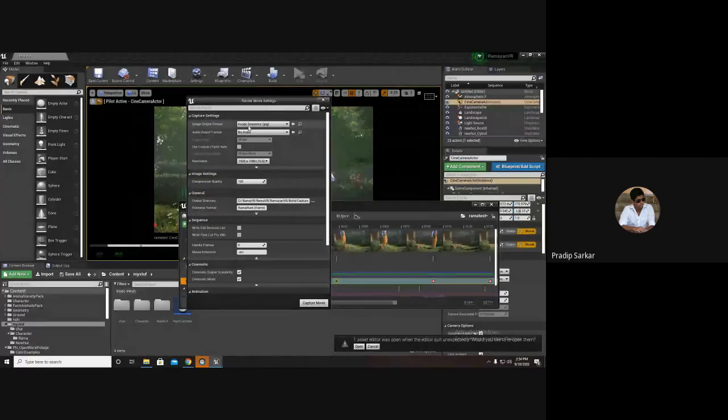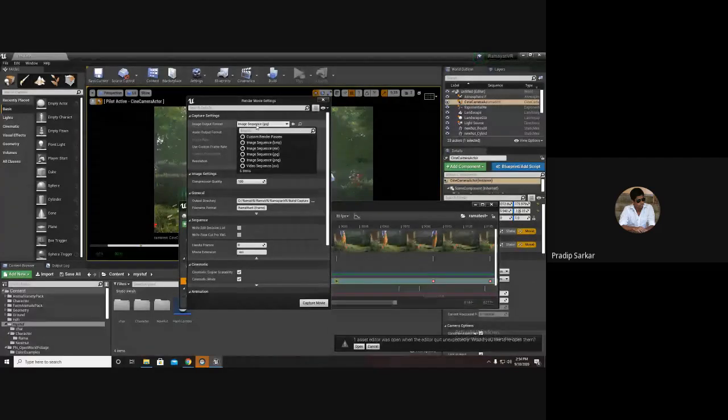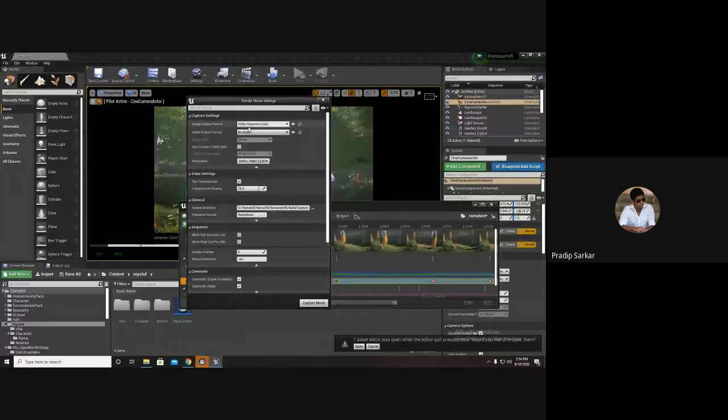First, it is asking for creating an image or a video per shot. It will render out a few images per second, or else we can select image sequence or video sequence. For this, I will select a video. Next is the output. Do I need any kind of audio? If I had placed any kind of audio inside the scene, it will record those audios. So for now, I don't need that. So I will select no audio.